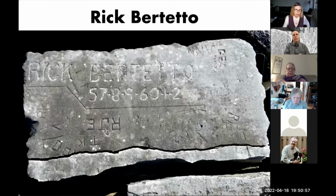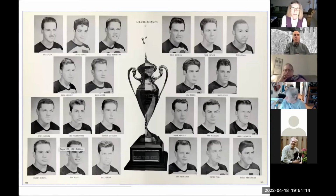This one I only just did the research on this one. Rick Pertado, and you can see that Rick became a lifeguard in 1957 and actually stopped the year before Buzz and Garo started. So he was probably 14 when he began as a lifeguard at Rainbow Beach. But what's great about Rick Pertado is that Rick